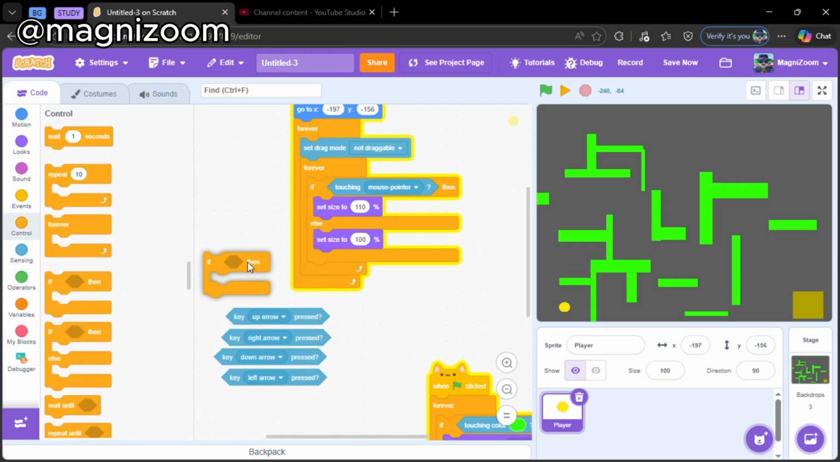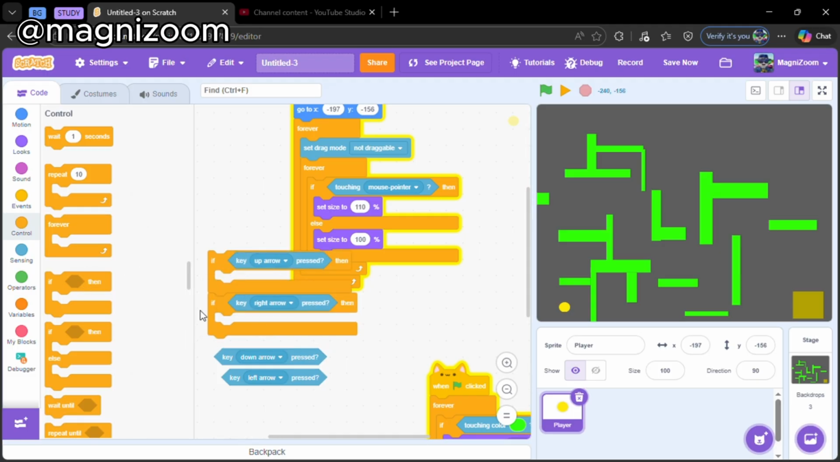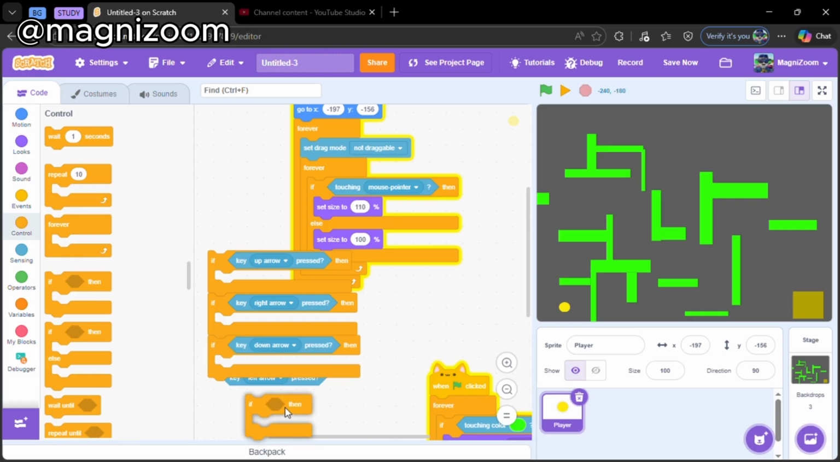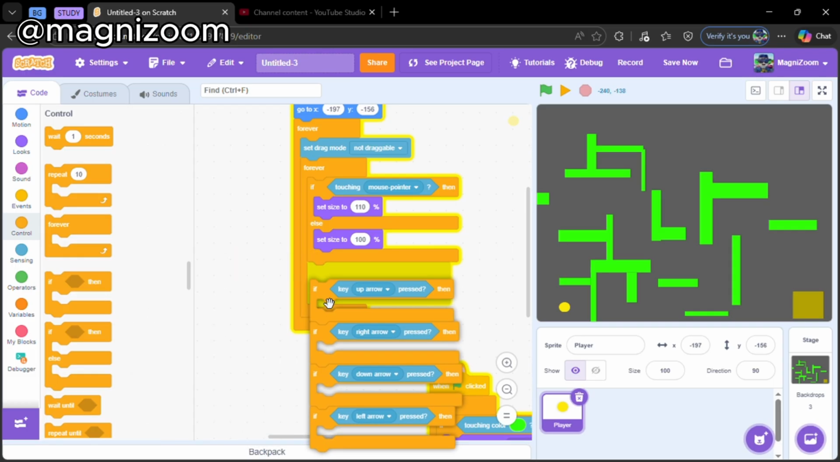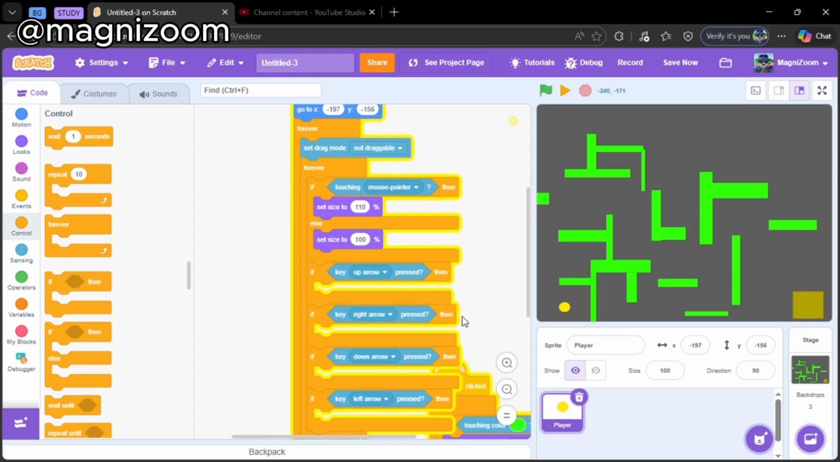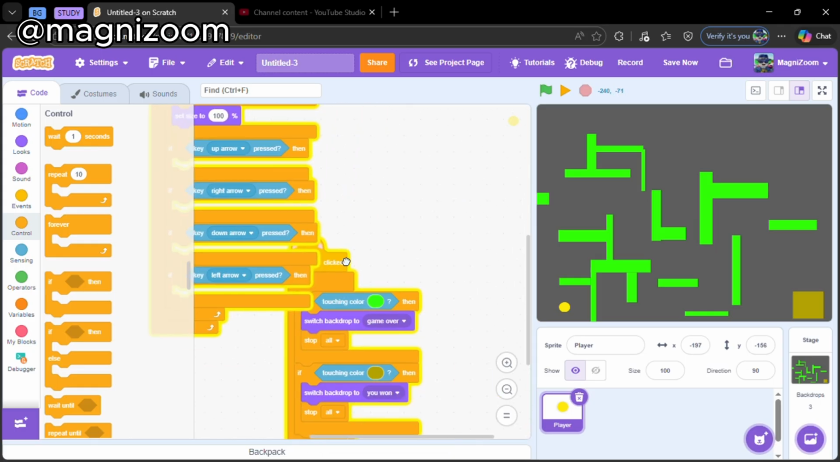Okay, now we have all four of those inputs. Now let's put them inside the if statement blocks all together so it makes a movement system. If you want WASD, you can replace the arrow keys with that button, or you can add your own joystick,